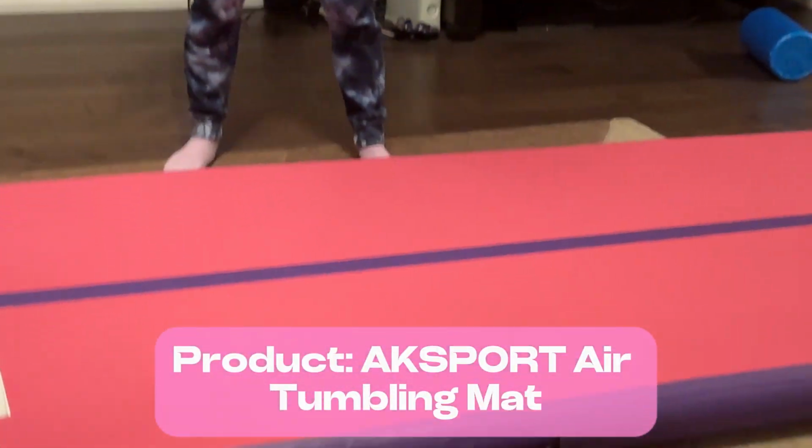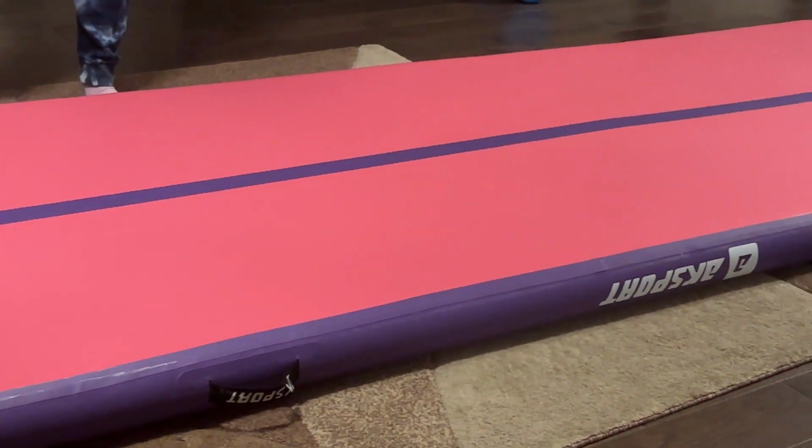And we've gone to a bunch of different Acro studios, and we found that everyone has an air track. So we got an air track. It's quite a large investment, but it's worth it if you want to be into tumbling or you're serious about acro. So this tumbling track that we got, the brand is AKSPORT,